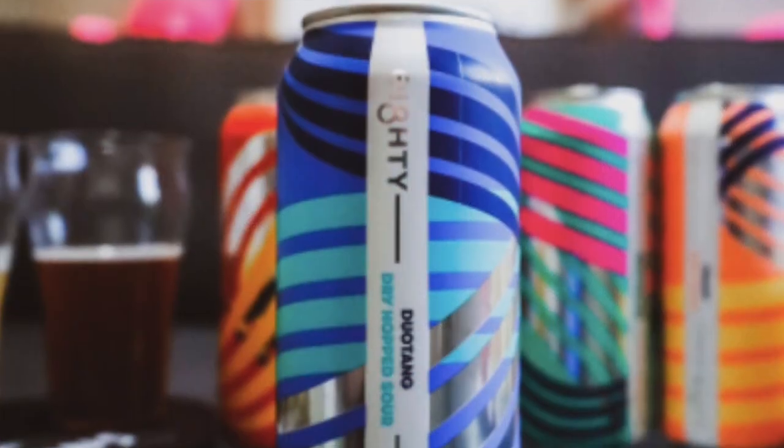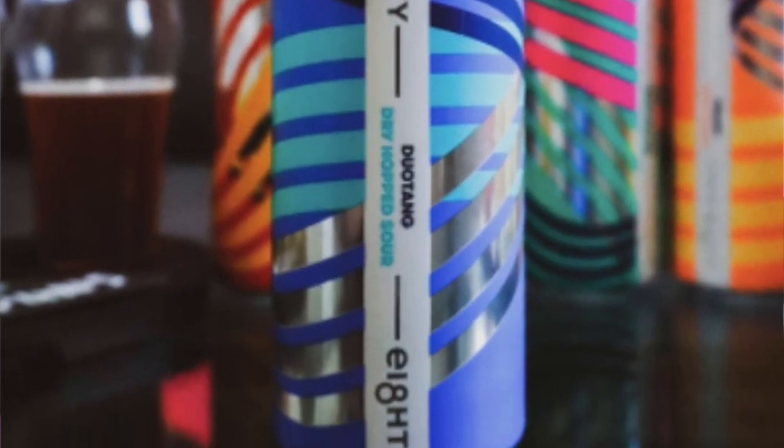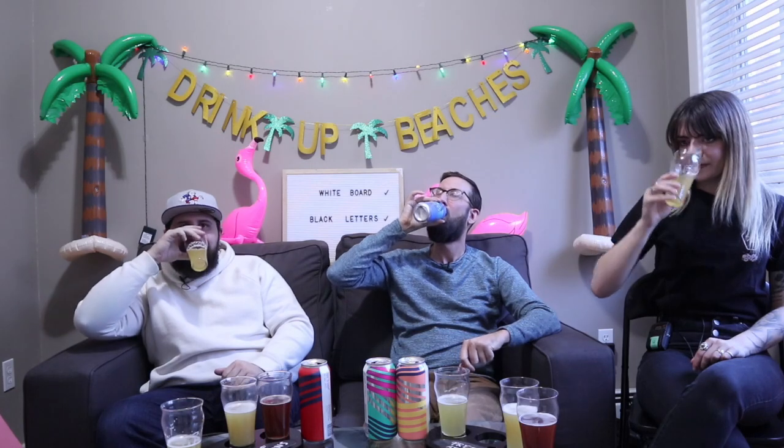Next, we have a sour. It's a dry hopped sour called Duotang. Yep, that's a sour. This is maybe the best sour I've ever tasted. This one definitely isn't quite as sour as some of the others we've tried. It doesn't kick me in the nuts, the same aggressive mouthfeel. It's still sour, you still taste sour. Because I'm not a sour person, but I like this beer, I'm gonna give this an